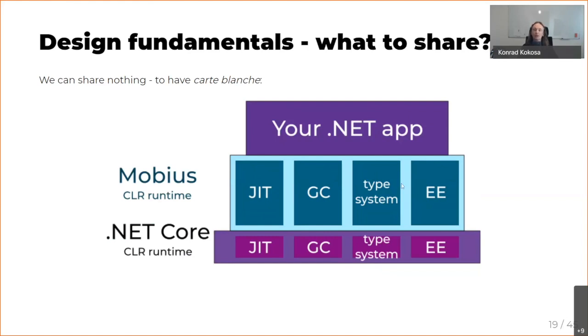Because now you can write anything that you can imagine, and moreover, by replacing things. Everything should be defined in a way that you can easily replace the JIT, or you can replace the GC, and it will still run with your own implementations. So if the Mobius runtime is written in an inefficient, not so allocating way of doing things, typically it will be pretty rarely calling the .NET Core, because it will not need to call it.